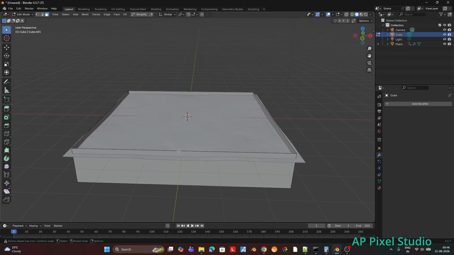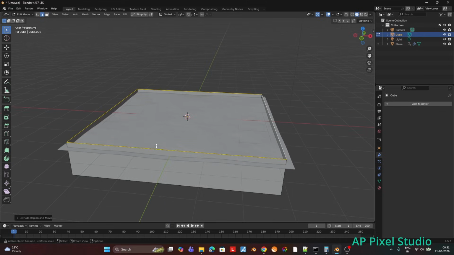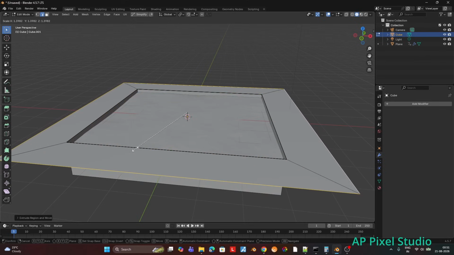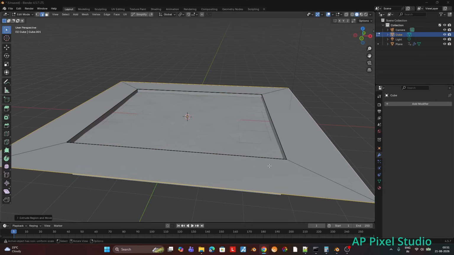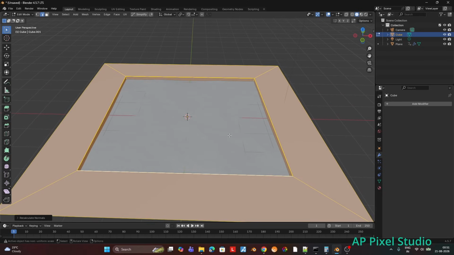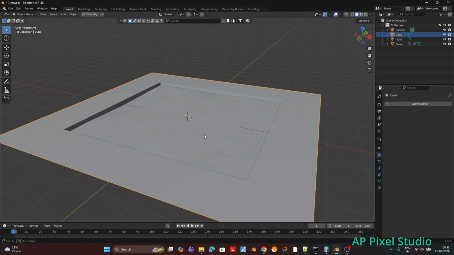Then we will select all the top four edges and extrude them outside like this. Now the side area of the swimming pool is created. You can normalize the normals with Shift N. So now our swimming pool and everything looks good.